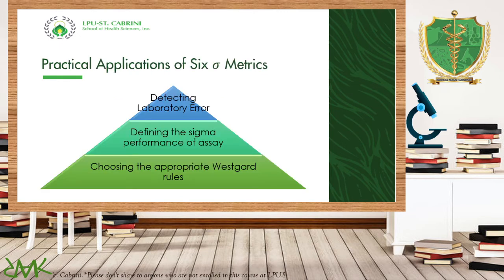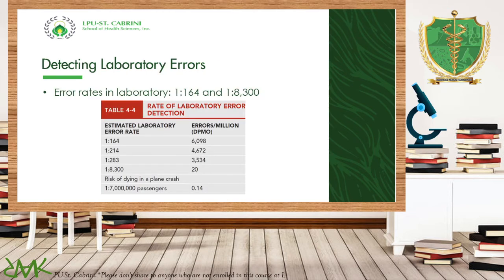Okay? Now, the practical applications of Six Sigma metrics are detecting laboratory error, okay? Defining the sigma performance of the assay, choosing the appropriate Westgard rules. Okay. Now, in detecting laboratory errors, it is important to know that the error rates in the laboratory are seen at